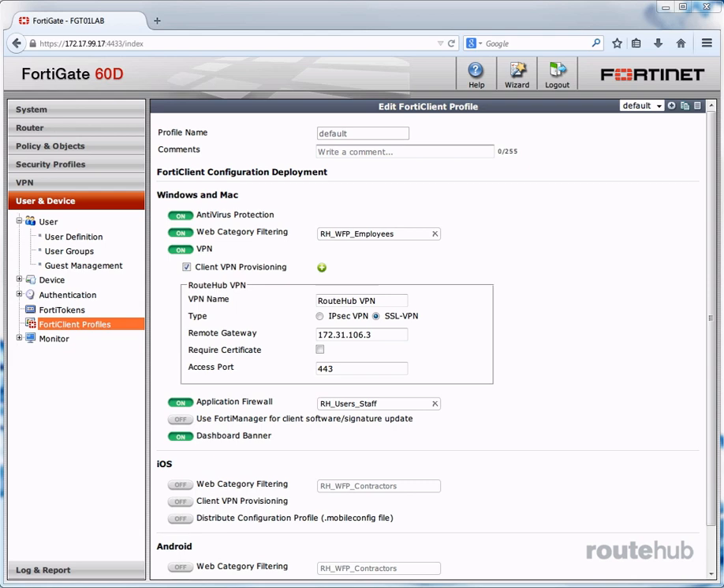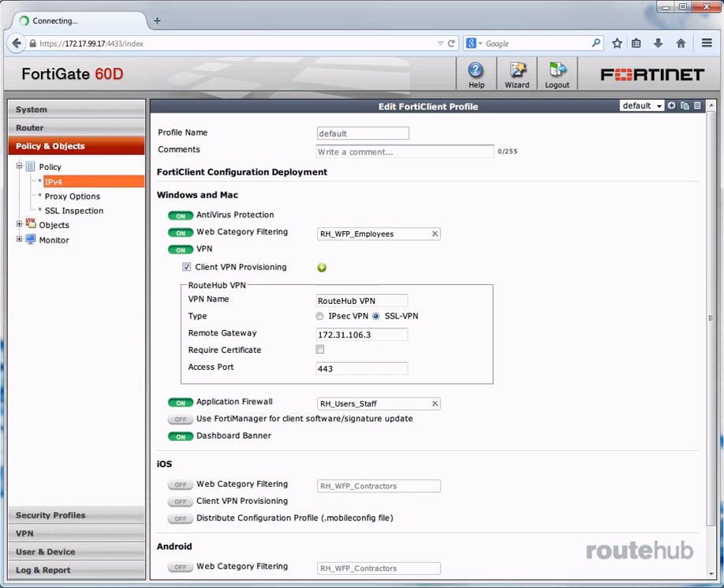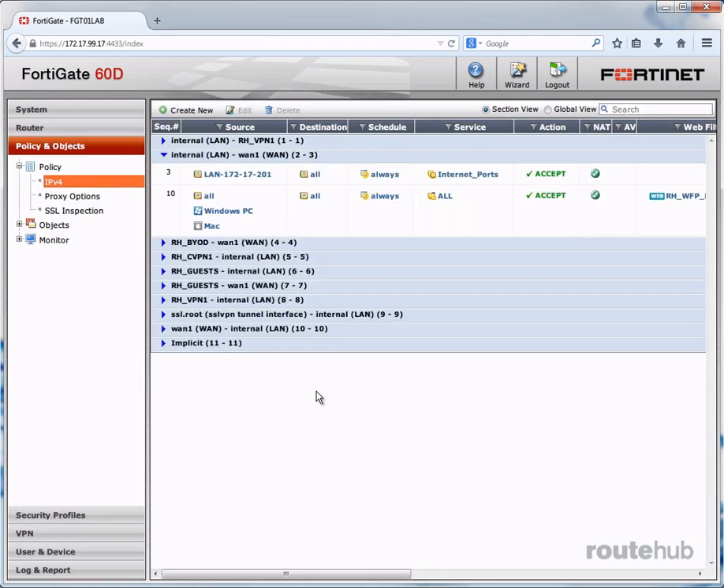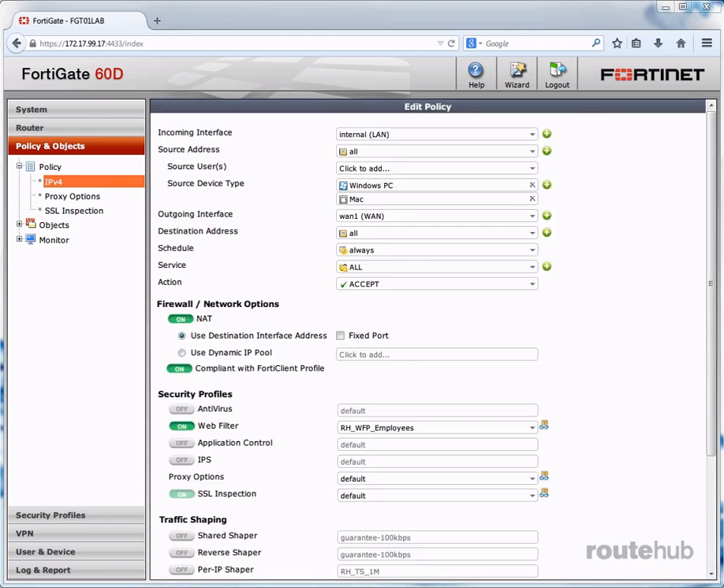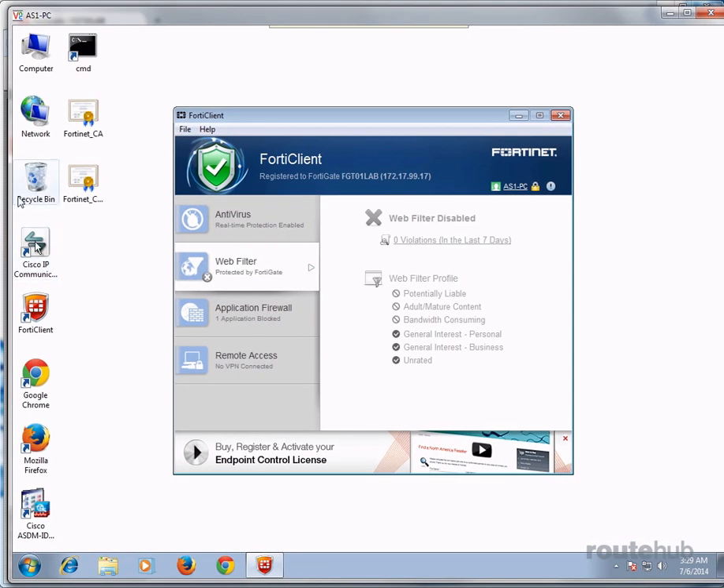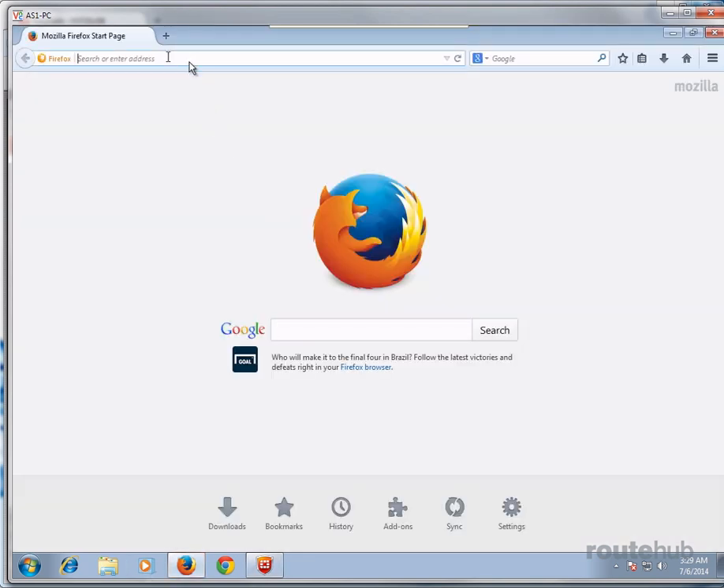So let's go back to our existing policy. Okay, here it is. And basically within this particular policy, under security profiles, you want to enable web filter and specify the correct profile, which we already did. So now if we go back to our user computer and let's try to access a site that should be blocked, like YouTube,